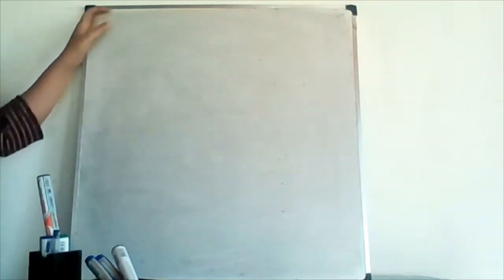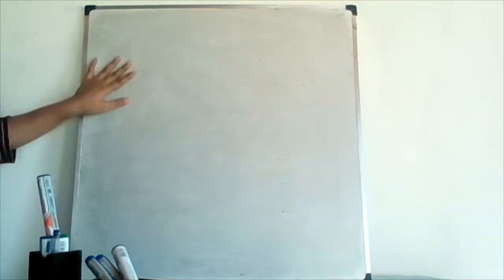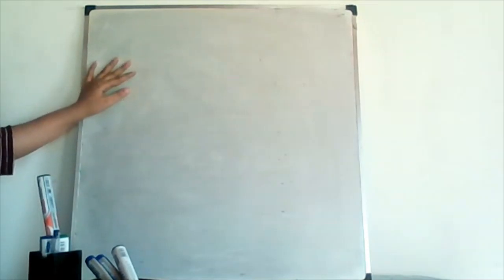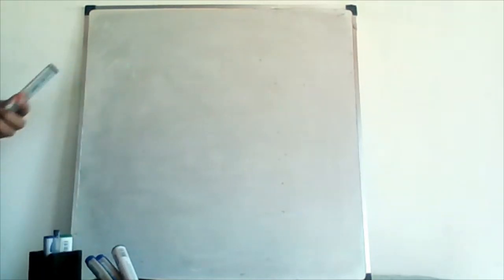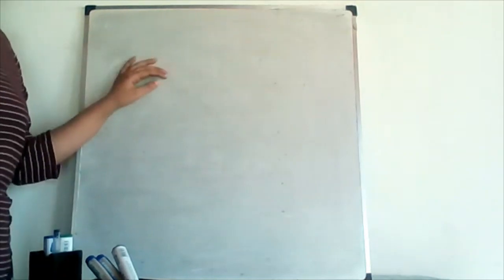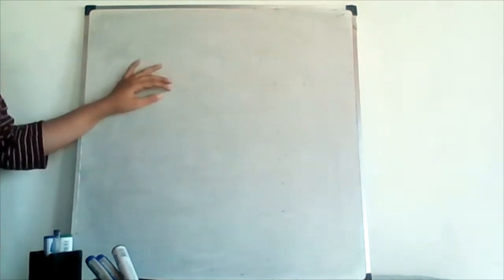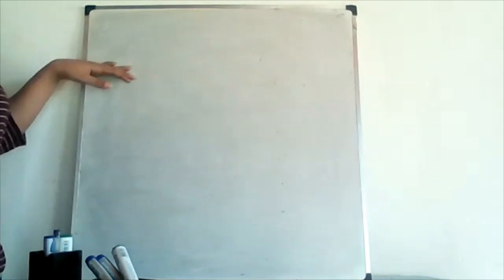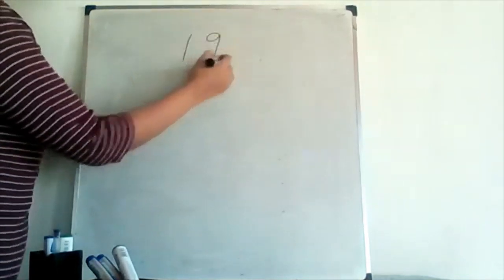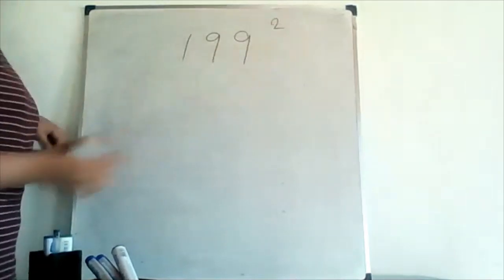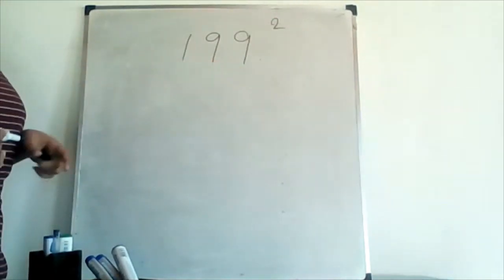Okay, so as the first example and the second example, we just discussed two-digit numbers. So we have found out the square values of those two numbers by using the discussed method. And now we are going to find out a square value of a three-digit number as our third example. So let's take a three-digit number, right? So we'll say it is 199. So we'll find out the square value of 199 using the discussed method.